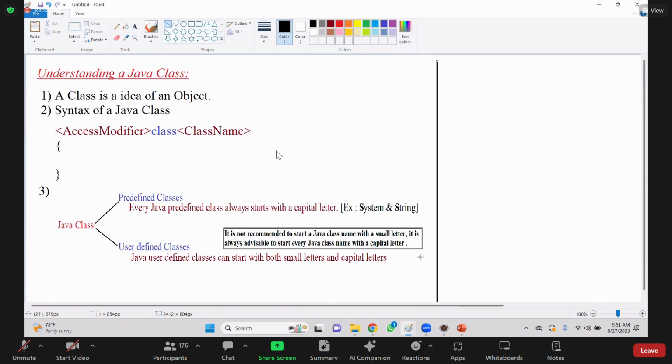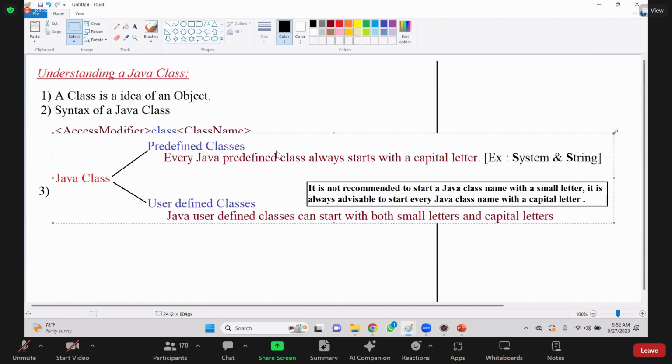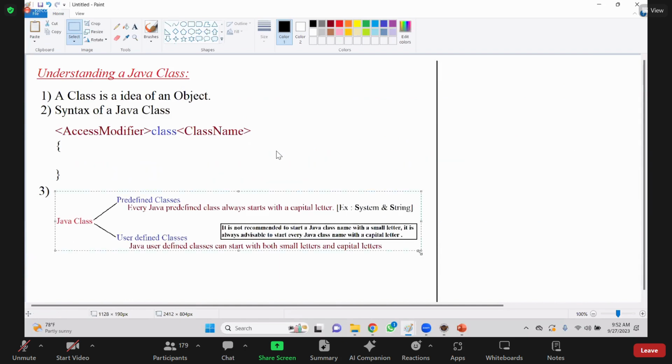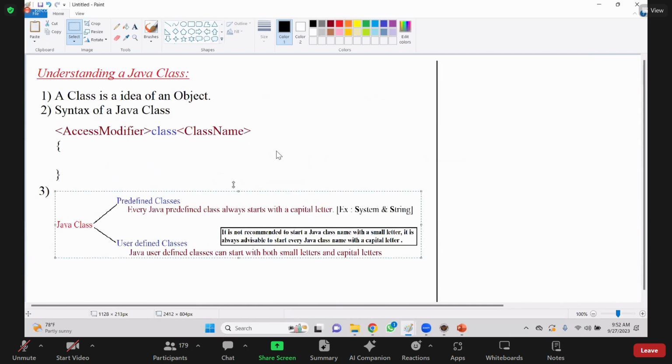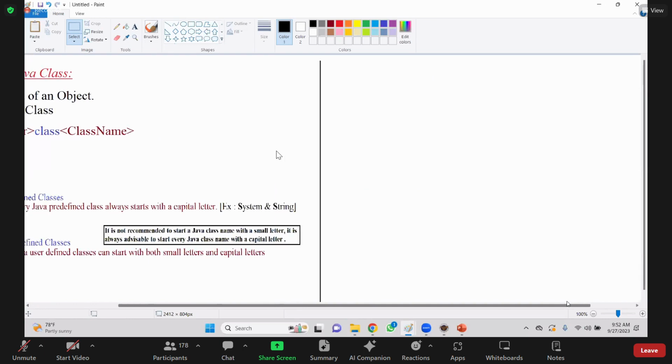Okay. Now, just a second. Let me remove this. No need to write this. It's already there in your Google Classroom. You already know that. Now, actually what I want to discuss today,